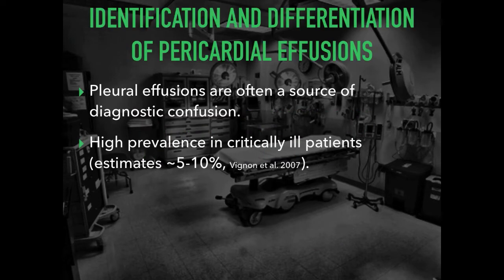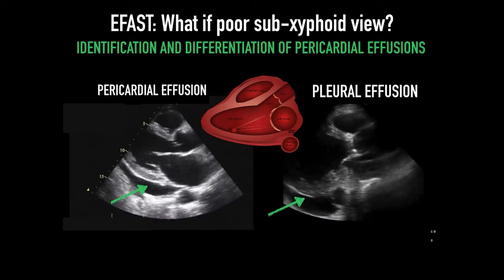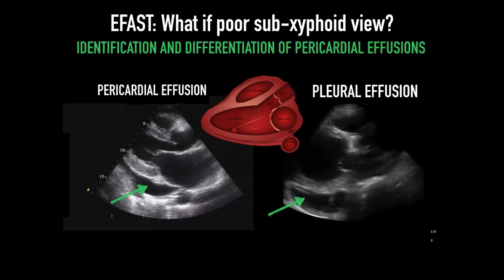There is a high prevalence in critically ill patients, and in fact, there's a high prevalence of trivial effusions amongst the normal population. Both pleural effusions and pericardial effusions can be important, as both may be clinically relevant in the patient with trauma. We can see here on a parasternal long axis view, on image left, we have a